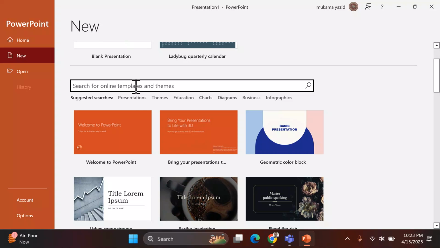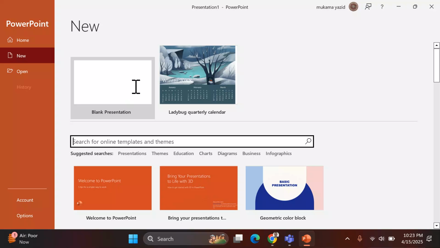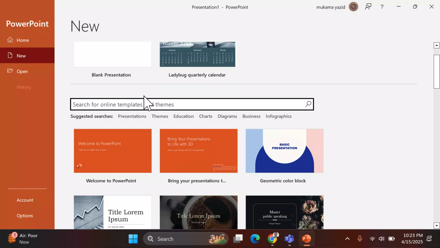I told you to first master how to use a blank presentation, how to create a presentation from scratch. Then that's when you will be able to use a template. But if you don't have any idea how to create these things already,